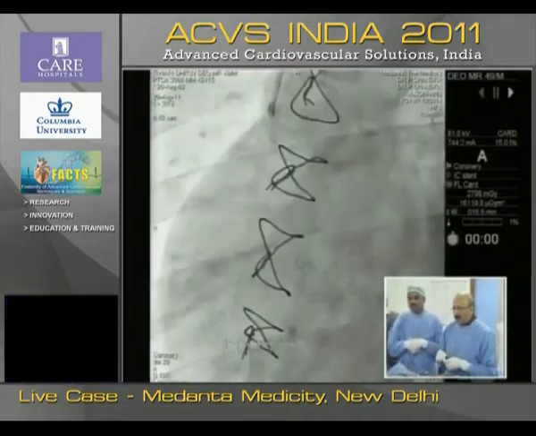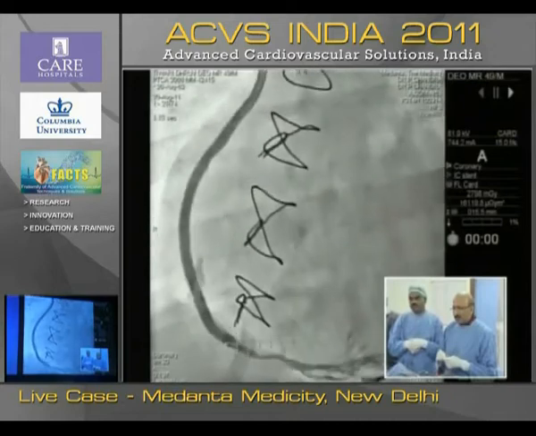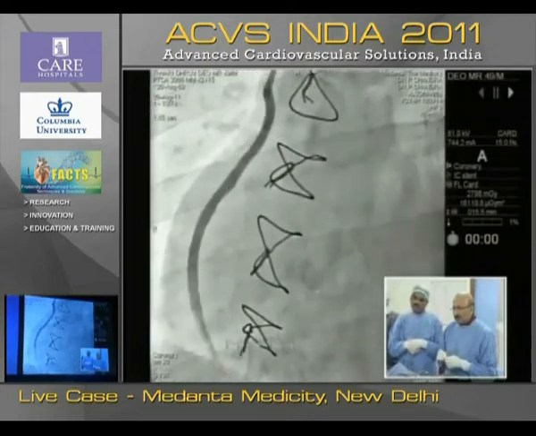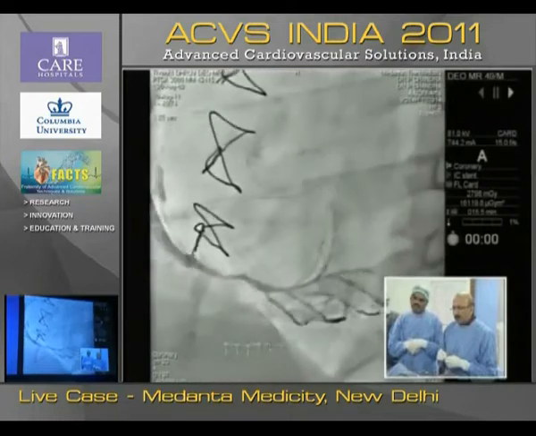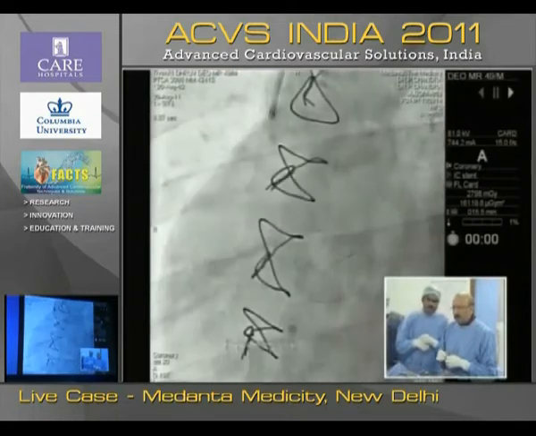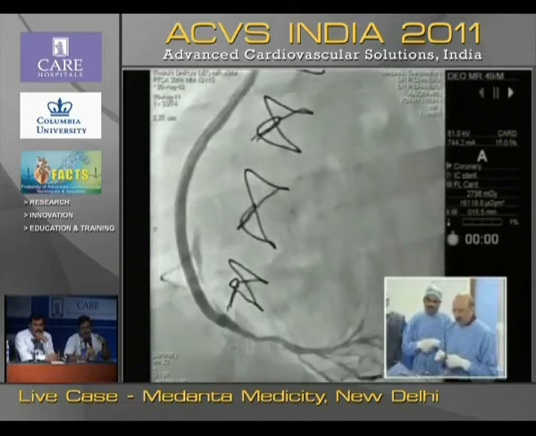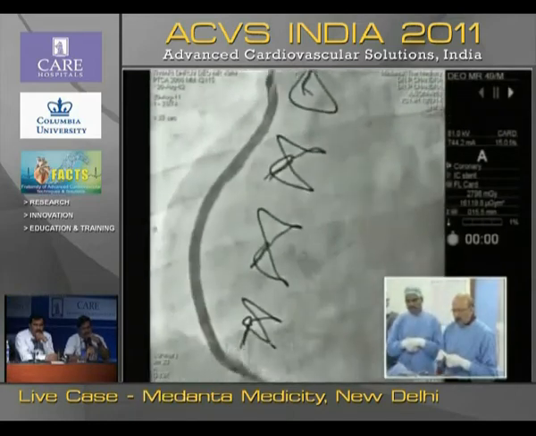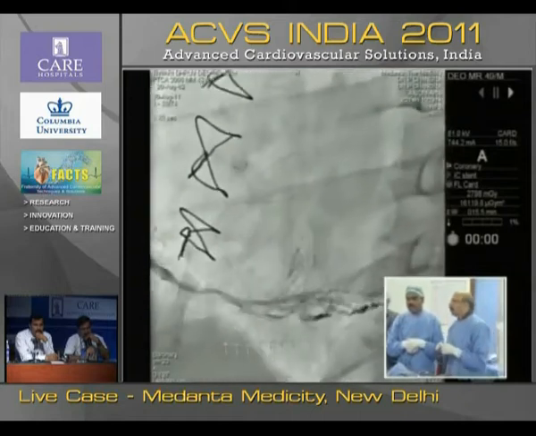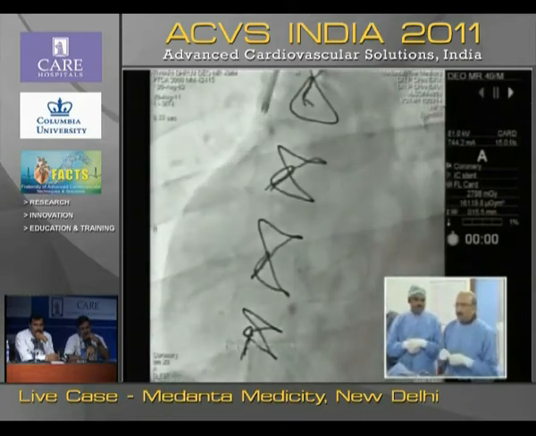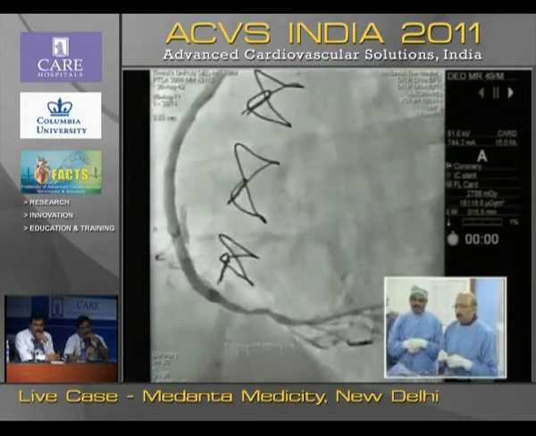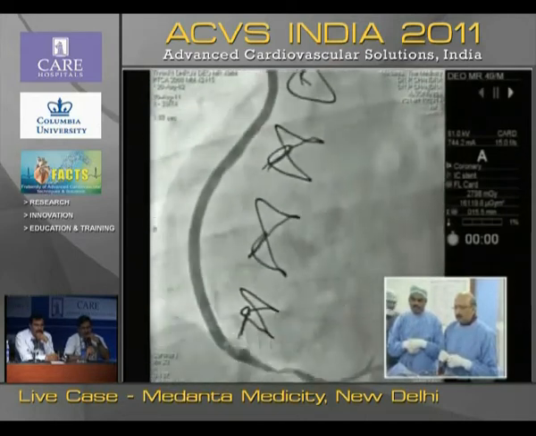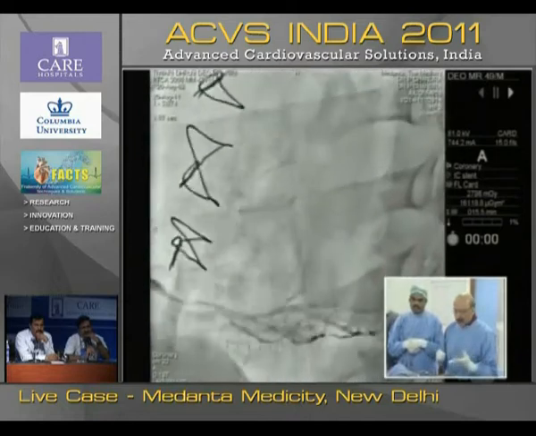Before that I would like to make a comment. This is very, very unlikely to be a surgically related anastomotic site problem because it has come almost 10 years after surgery. So probably there is progression of disease in the native vessel just beyond the anastomotic site. So that is one point. And then you will have to use a stent. Just not using a stent is not an option here.